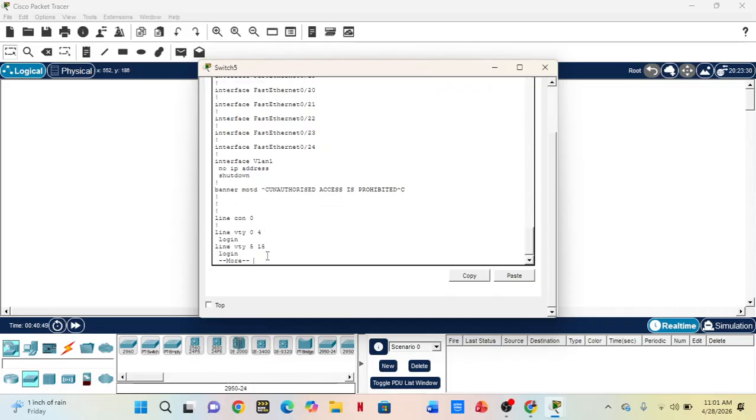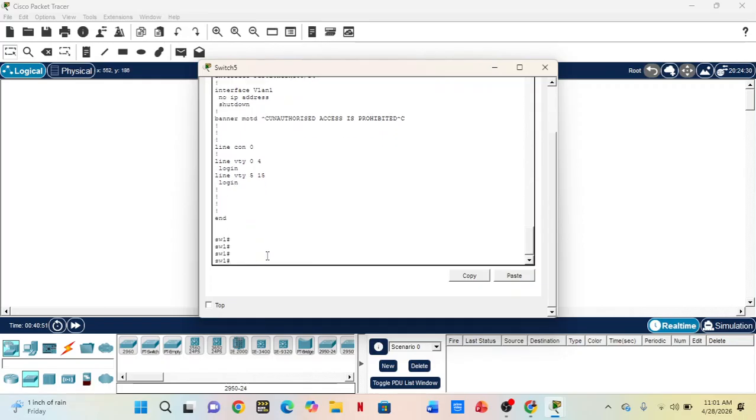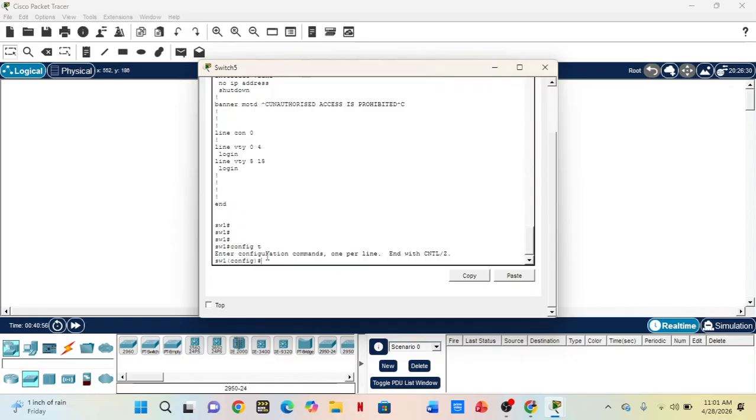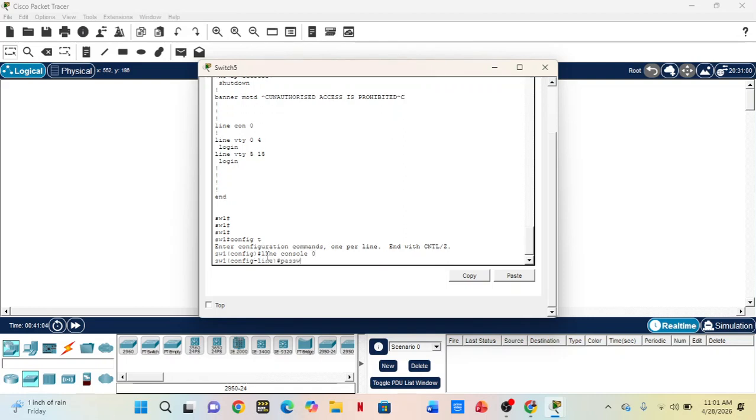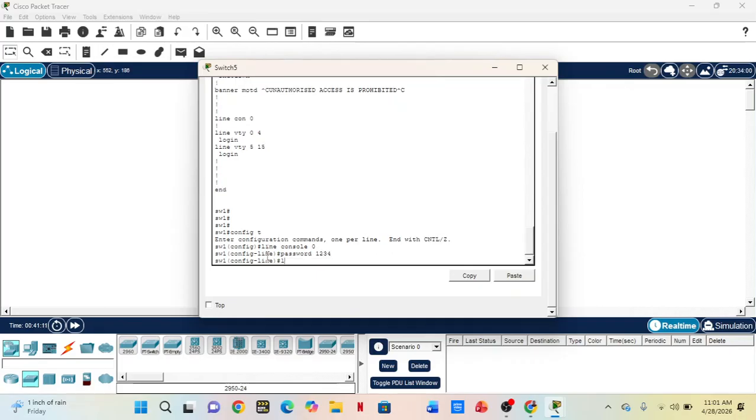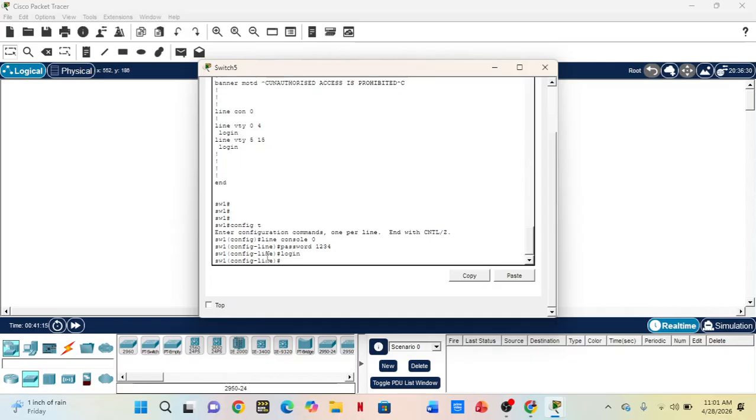So that's what you're going to do now. We have to give it the password. So now I have to config t, then you type line console 0, then you give it a password, and I'll choose the password 1234. And you also have to add another command, which is login, and we're all set. Now we have to type exit,